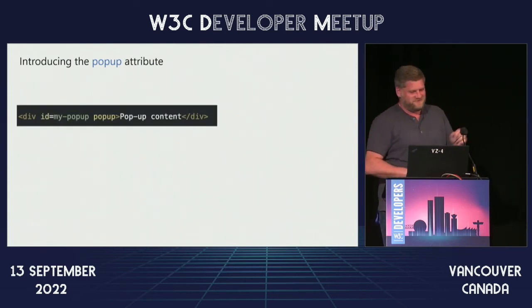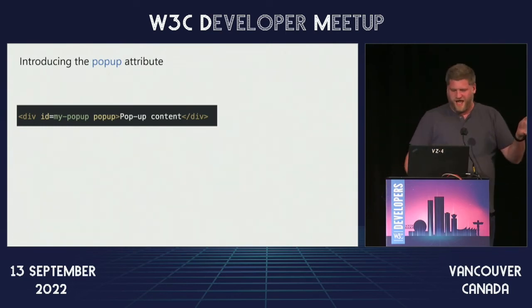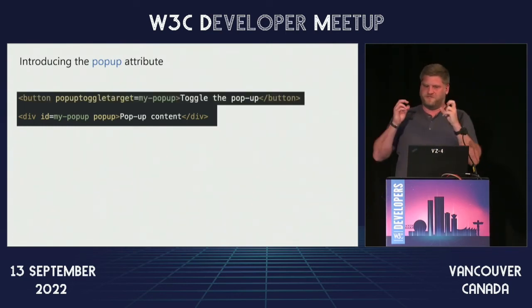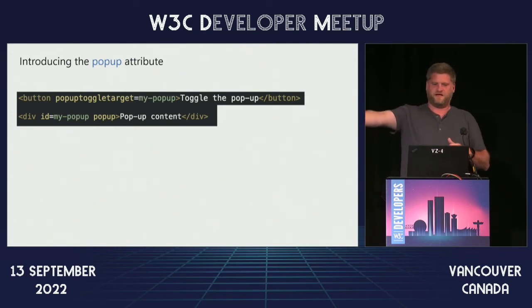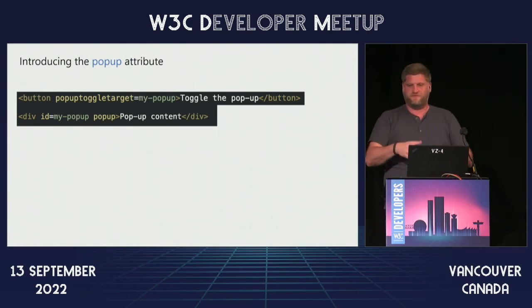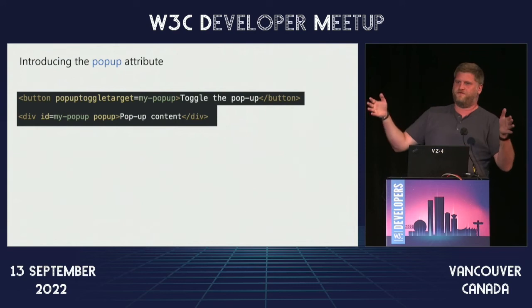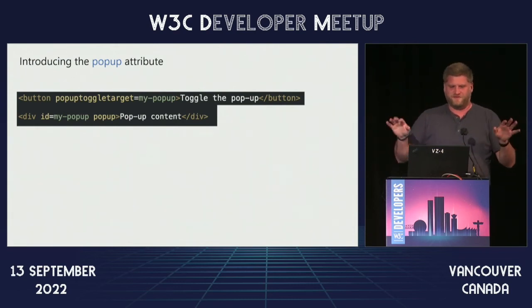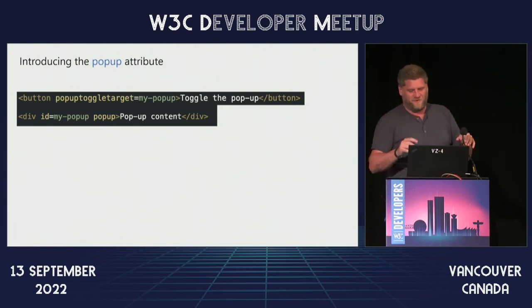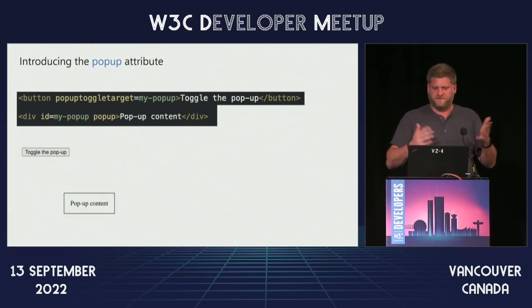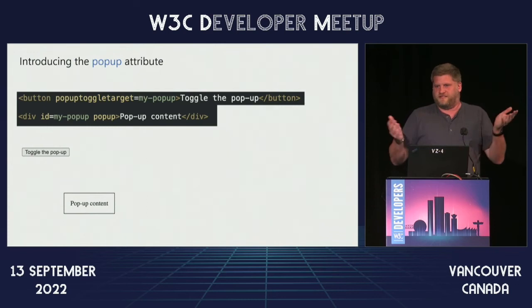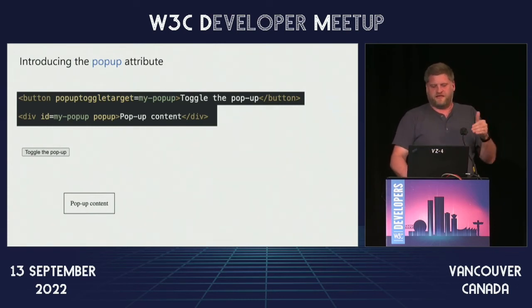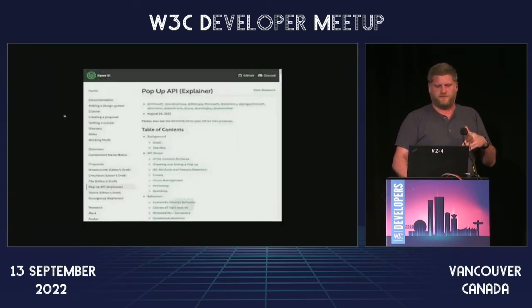So in order to use this, basically all you do is we have this div, we've added the attribute of pop-up, and then to bind it, so basically to toggle it, we add the attribute pop-up toggle target, and then we tie them. Sorry the names are so long, but a lot of you all already use show pop-up as an attribute. So it's your fault the names are so long. Anyways, so when you click it, and this is very ugly, basically the content pops up, right? It's that simple. And it seems like a simple thing to do, but let me go back here.